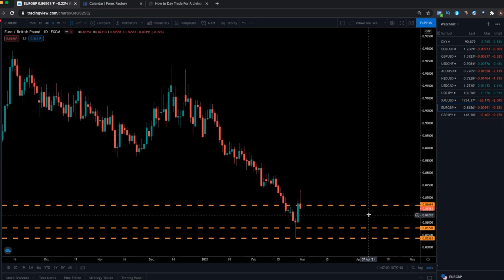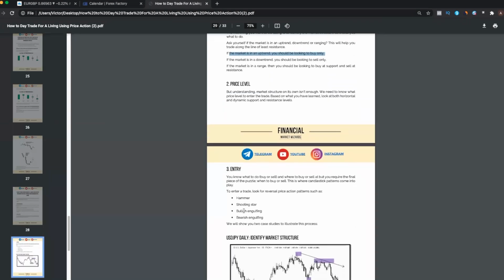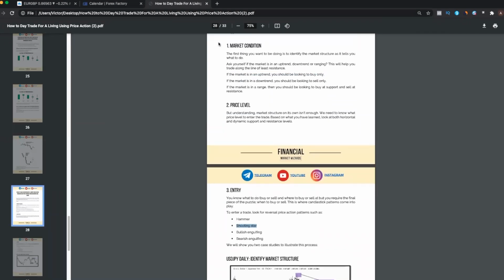MPE stands for market condition. It's bearish. We have the price level, which is over here, and now we need an entry. And actually on Friday, we got an entry, which is a shooting star. So if we go back to the day trading guide, you can see that it ticks all 3 conditions. Market condition is bearish. We have the price level and we have the candlestick pattern, which is a shooting star